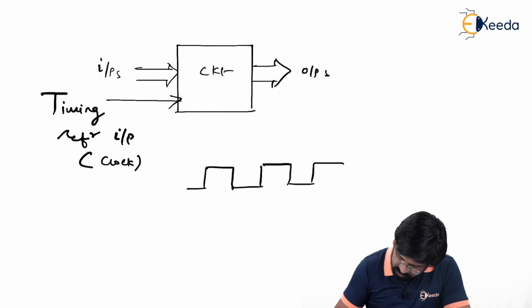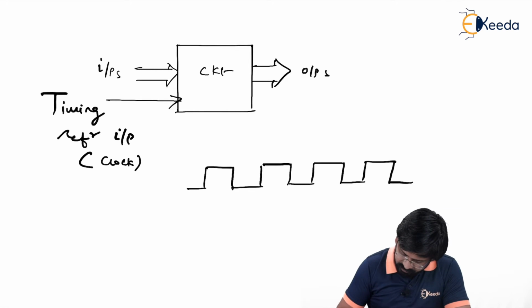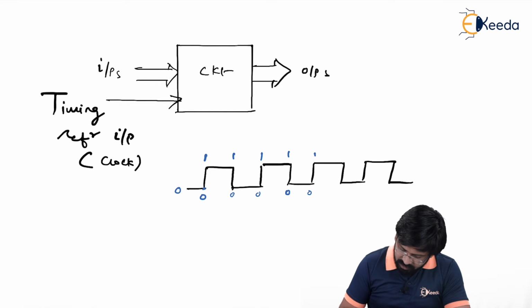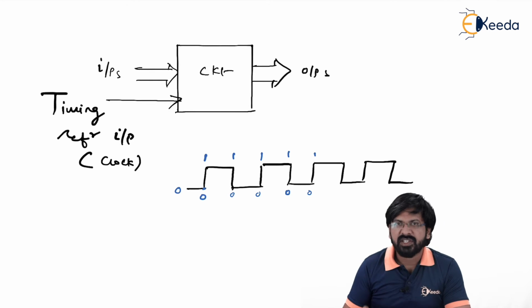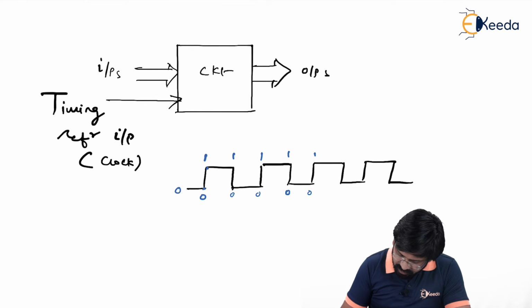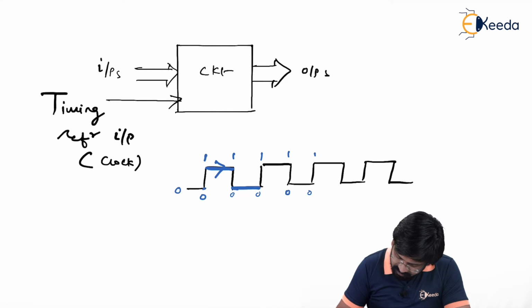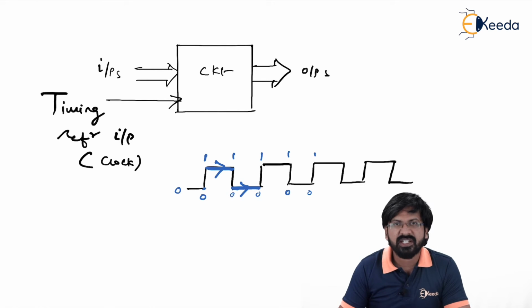So the resultant clock looks like this. This is what we call a clock. Now with this clock, as you can see, this point is 0, even this point is 0, this point is 1, this point is 1, then this is 0 0, this is 1 1 0 0 1, and so on. Now I'll tell you the transitions that are happening in the clock. The first transition that you can see, it is going from 1 to 1. So a 1 to 1 transition is called a positive level, and suppose I am talking about this transition, that is 0 to 0, it is called a negative level.